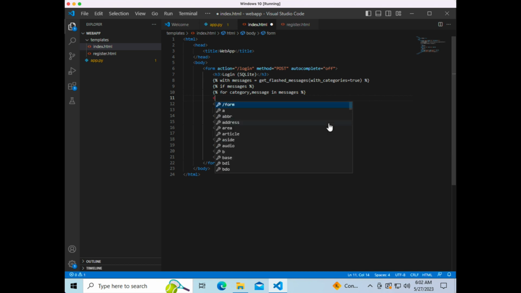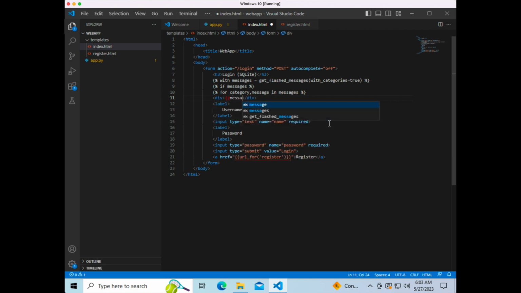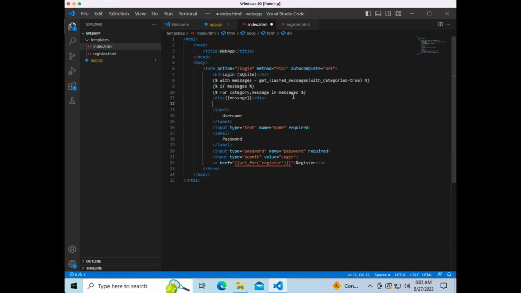Now we are going to make a div, and you'll know that that's like a span in HTML, except it can contain more. Okay, so two left squiggly Jinja for message, two right squiggly. After the close div, another Jinja line, end for,